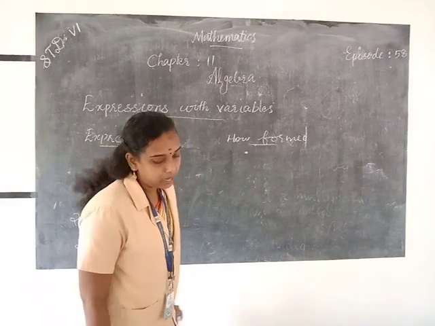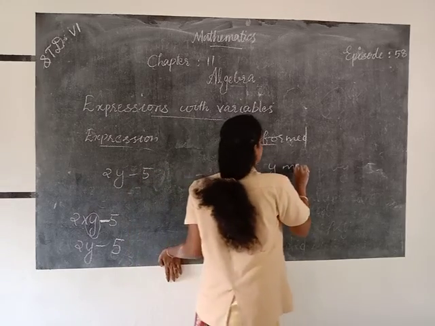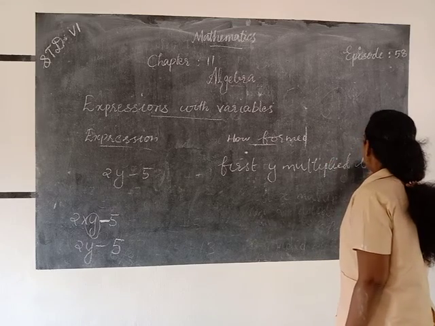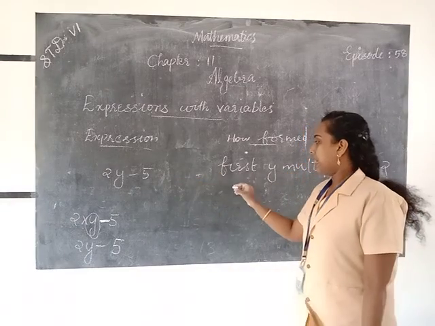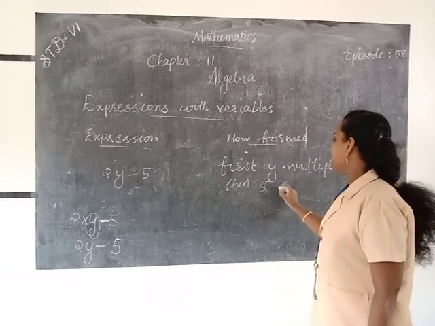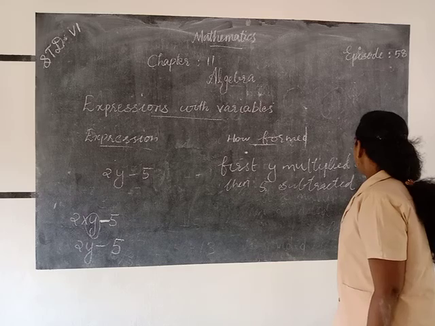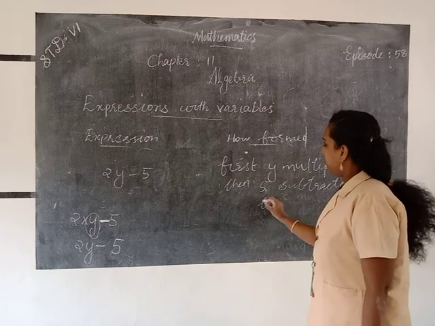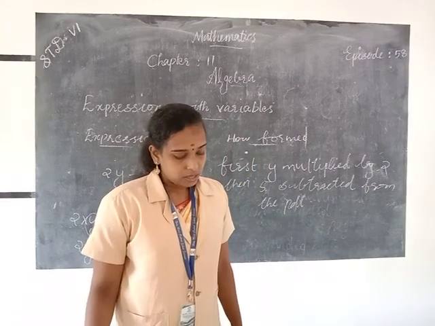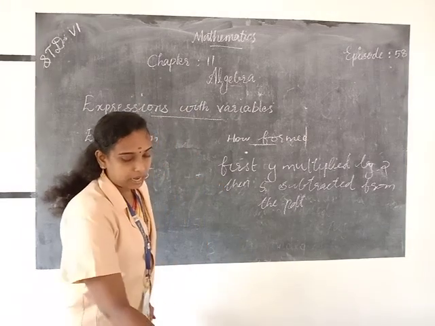So first y multiplied by 2, then 5 subtracted from the product. This is how the given expressions are formed. Okay. Then the next one is